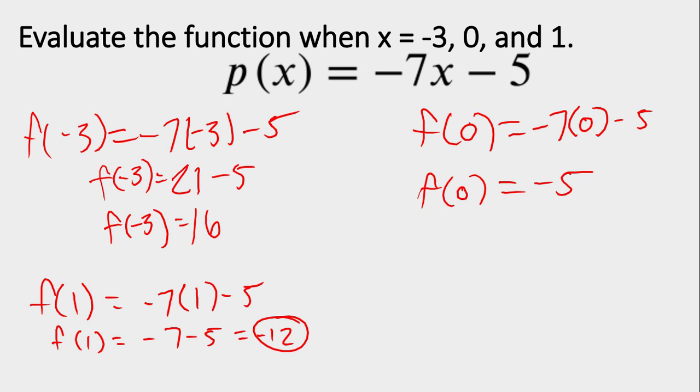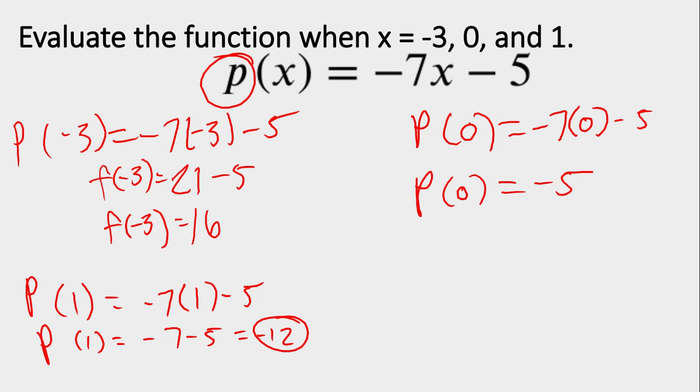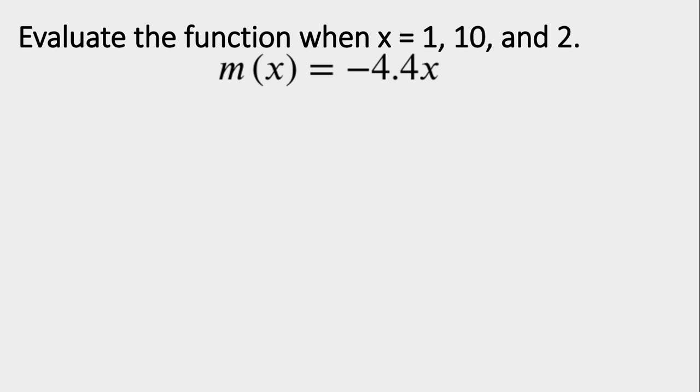Oops. I used the wrong letter the whole time. Some of you are probably like, what are you doing, Mr. Korth? Some of you didn't notice. The function's name was p last time, so I should have said p of negative 3, p of 1, p of 0. Learn from my mistakes. So we've got m of x,